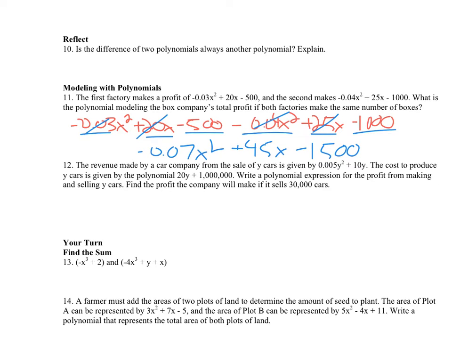All right, so 12, the revenue made by a car company from the sale of y cars is given by 0.005y squared plus 10y. The cost to produce y cars is given by the polynomial 20y plus 1 million. Write a polynomial expression for the profit from making and selling y cars. Find the profit the company will make if they sell 30,000 cars. This portion here is how much they make, and this is a cost. So you take revenue and you have to subtract cost. So profit